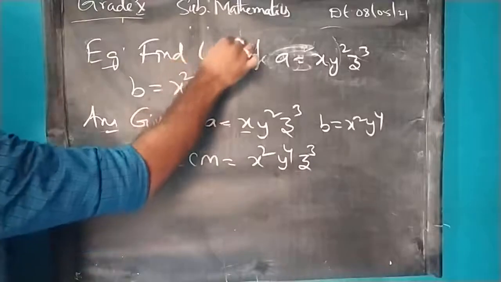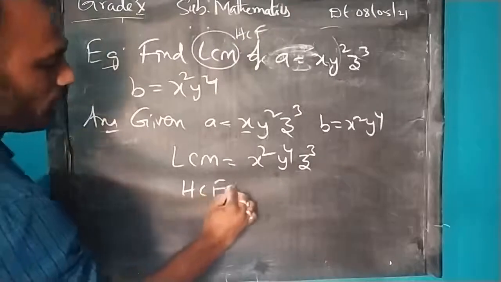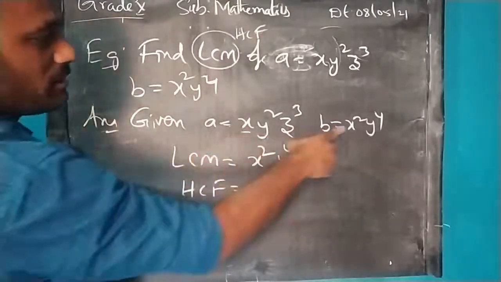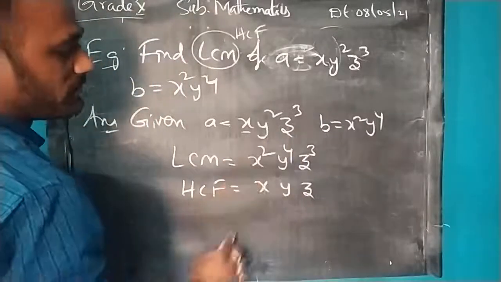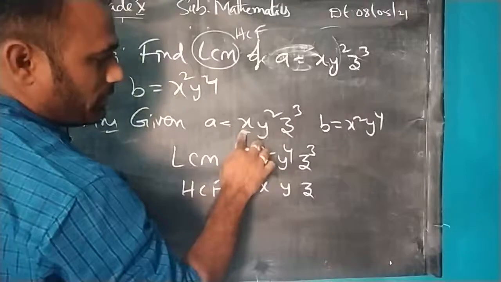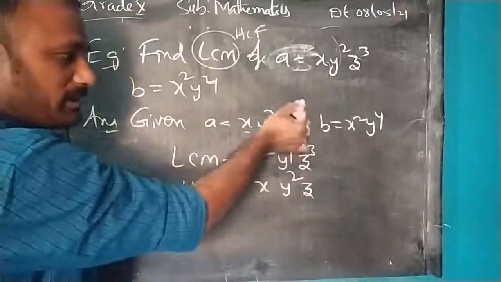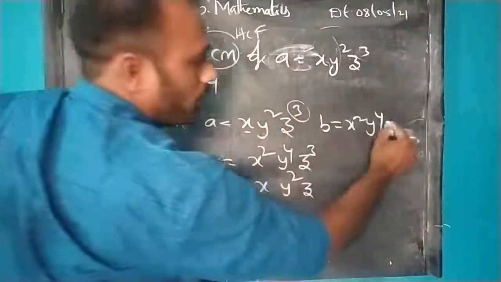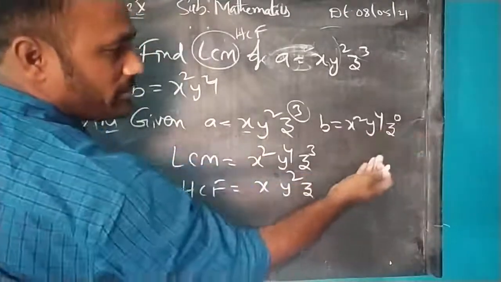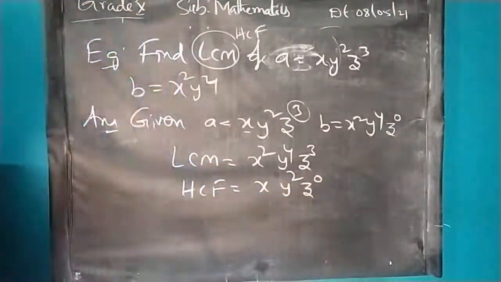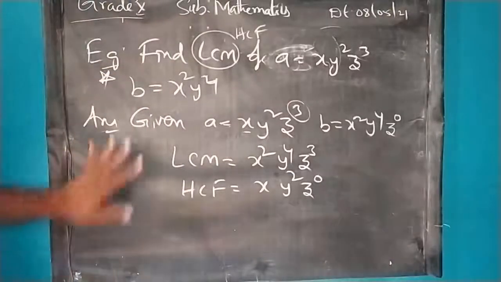In the same question, instead of LCM, if I am asking HCF, the concept will be reversed. Lowest power. So what is the lowest power? All the three will be there. What is the lowest power here? X power 1, so x as such, y square and z. Now z power 3 is there in one, and in the other z is not there, so we can take it as the lowest. We can write here z power 0 also. Anything power 0 will be 1, so the answer will be z power 0. So this is also one of the important questions. It will be asked for 1 mark.